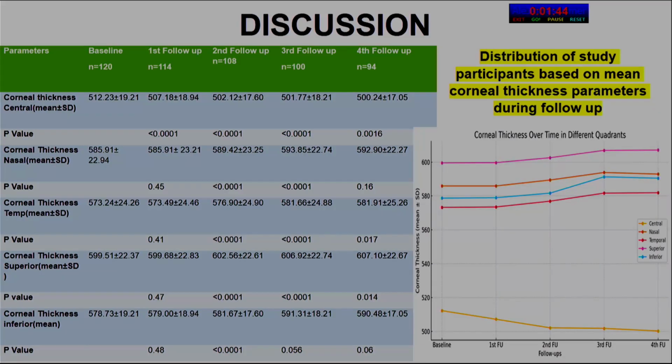In the corneal thickness table, we can see there is an increase in the corneal thickness in all the peripheral quadrants, and central thinning, which is due to the epithelial migration caused by ortho-K lenses. However, the epithelial migration stopped on its own at the end of the third follow-up, which was day 30, 1 month follow-up, and there was not much of a change between day 30 and day 90